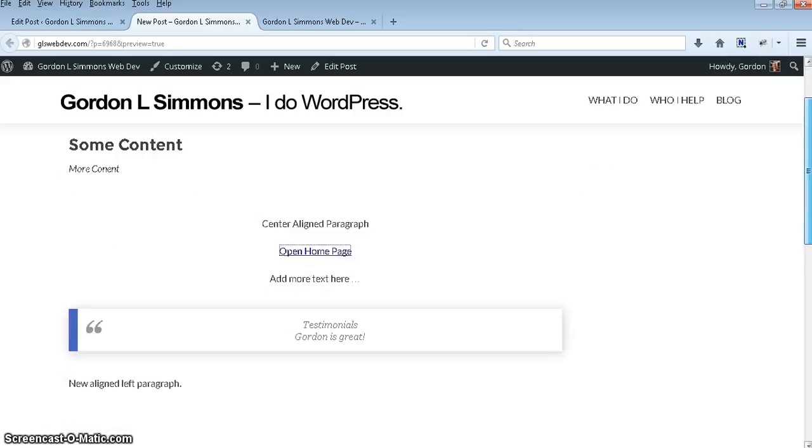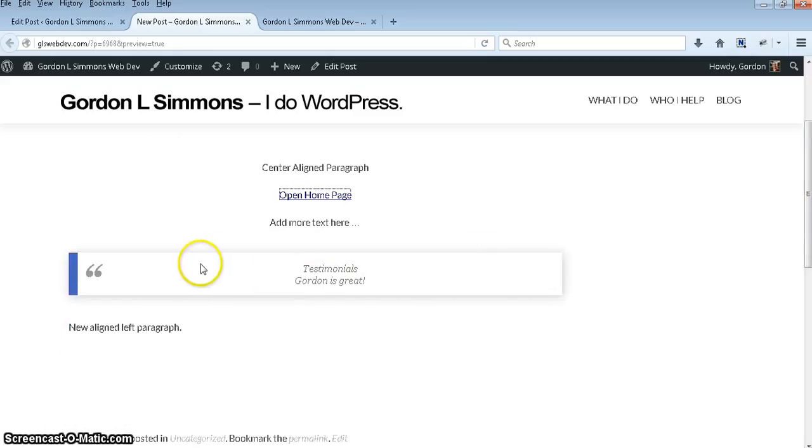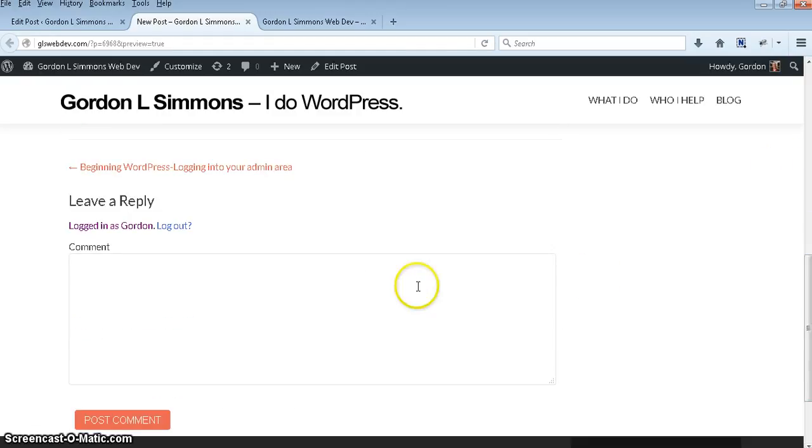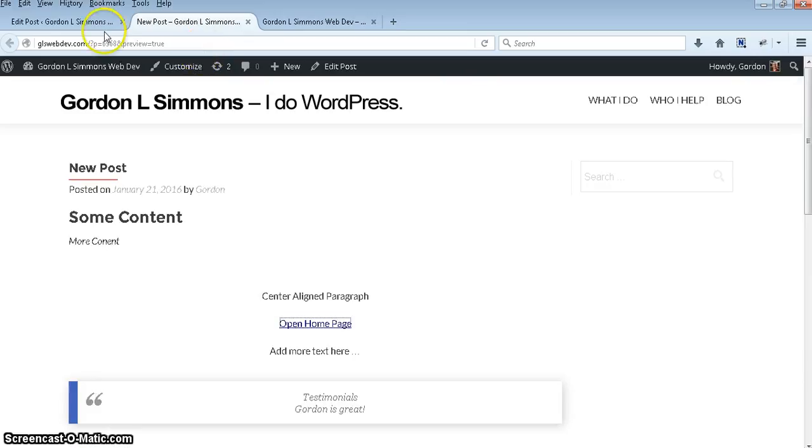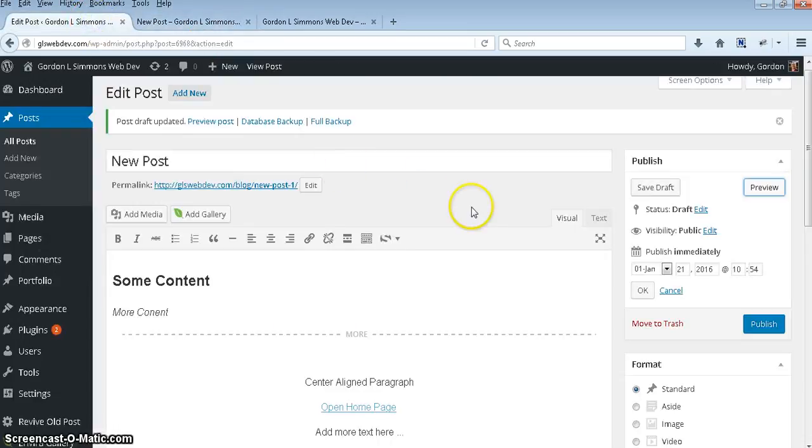The block quote that we used, even though it didn't show up very much in the WYSIWYG, you can see how it's going to appear. This is what block quotes look like on this particular theme, and then you can see the rest of our content here. Obviously down below we've got a comments section and all that kind of stuff. So in order to get back, you just go back to the edit tab that you were on,